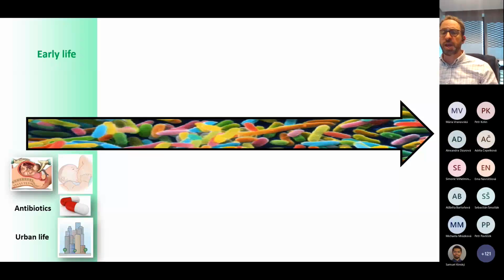First, you have everything happening early in life, and this can have an effect on the first setup of the microbiome in our gut, because as you probably know, in the maternal uterus, we are sterile. There is no living microorganism in the maternal uterus, and so we basically meet the microbial world after birth. And based on what is happening at this time, there can be effect on the microbiome,